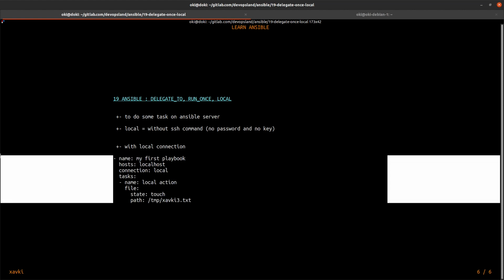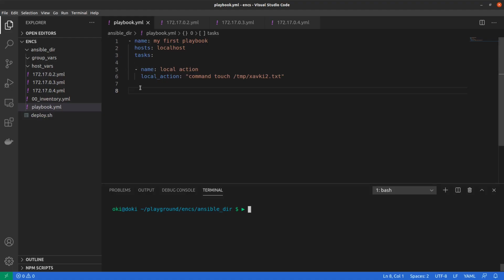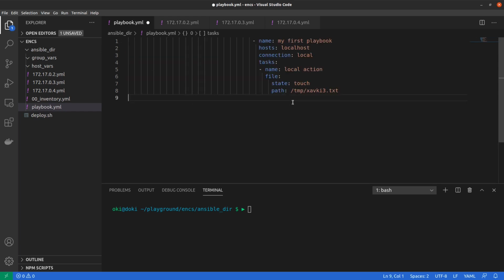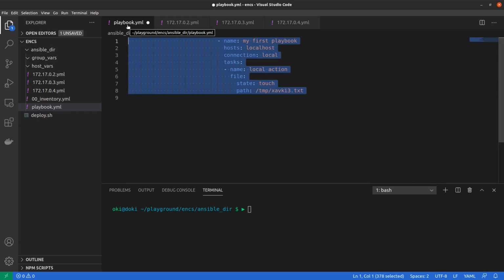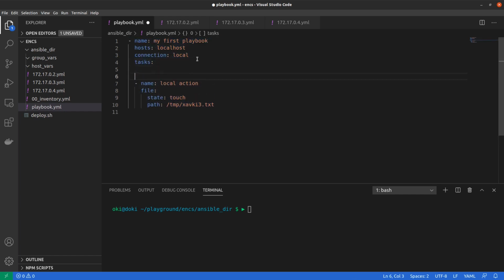To do it better, we do this task, and this is very important to show you this line. This line sets the connection to local.